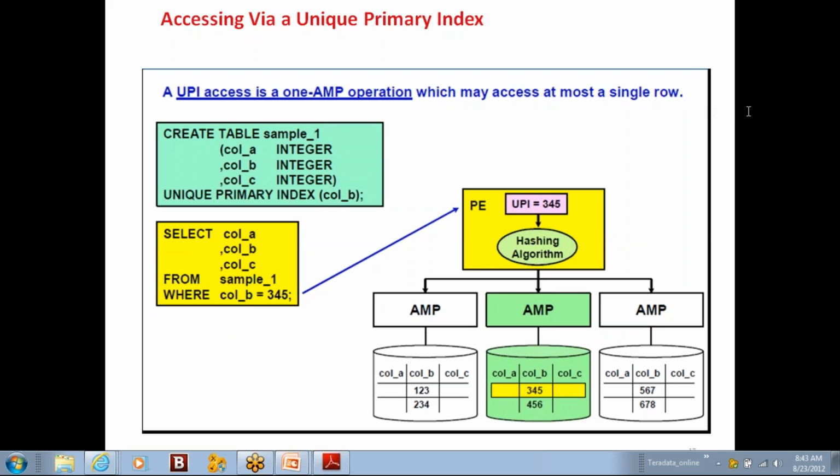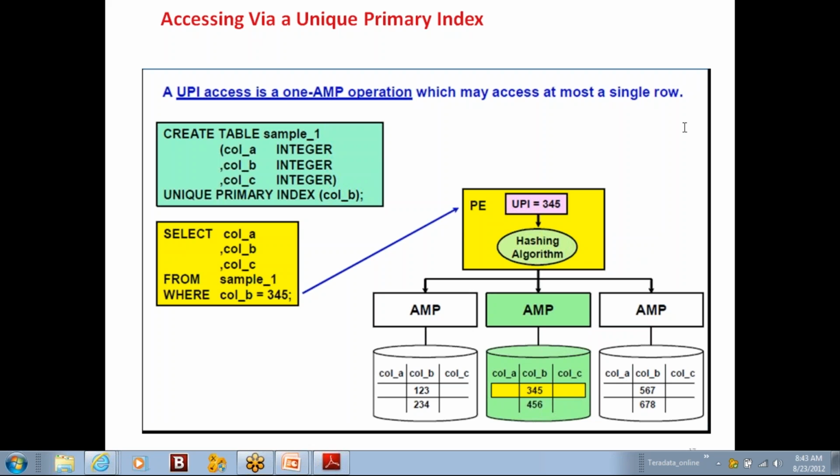Okay, and to mention all primary index columns in the where clause to fully utilize. Yes. So we have to have all the columns in the where clause so that you can achieve a 1 amp operation. Otherwise, the hash values are generated based on the combination of the columns, and when retrieving, if you are missing at least one column, then it cannot generate the same hash value. So it cannot go to the amp in which these records are stored. So it cannot achieve a single amp operation. It may have to search all the amps to retrieve the data.